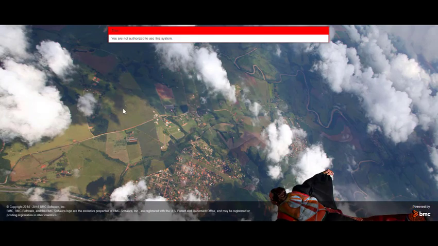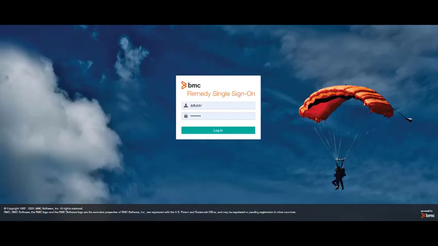Here we can see the respective AD user is being authenticated, but the same LDAP user is facing an issue with authorization. So from the error message, we can clearly see the LDAP user is having some issue with the authorization profile. So to fix the problem, first we need to find which LDAP group this LDAP user belongs to. And then we need to find, is that particular LDAP group mapped to any particular authorization profile?